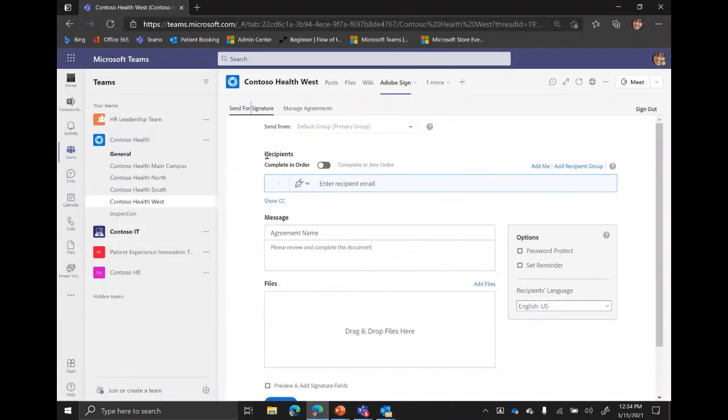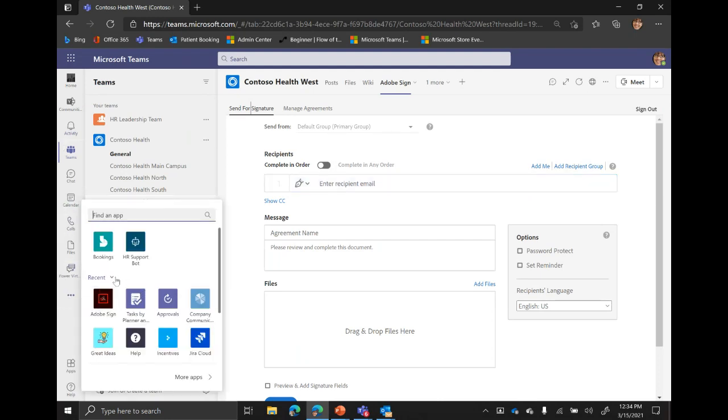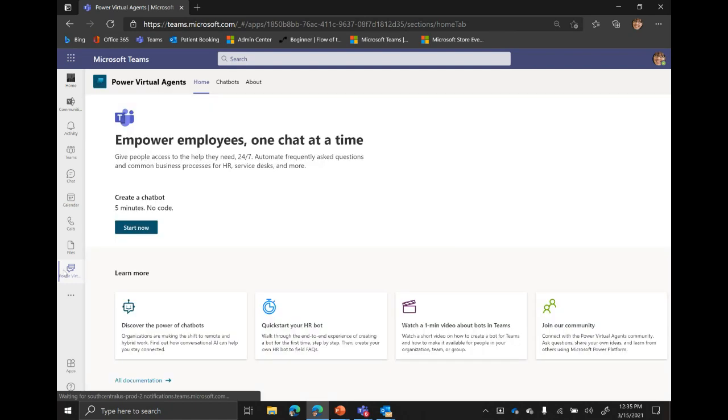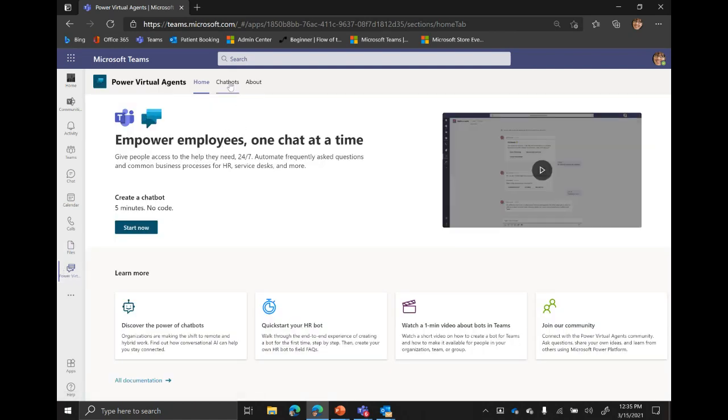So there's a few different opportunities in how to use Adobe Sign in your Teams environment. The first is pretty simple. I can go to the ellipsis here and I can add Adobe Sign as an app on the left rail. So you can see that right here. I went ahead and did that already. So if I go into Adobe Sign from this perspective, it's a bot, right? So this gives me an ability to have a